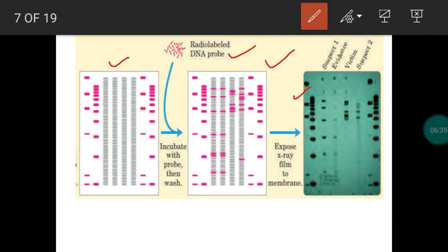This will be applied over the nylon sheets. Then on the surface of the nylon sheet, we are going to coat DNA probes. They are synthetic DNA fragments which are radioactive in nature. Next, an X-ray film will be placed over the nylon sheet in order to observe the radiations. The radiation will make a dark colored mark on the X-ray film. So we have obtained the DNA fingerprinting pattern.